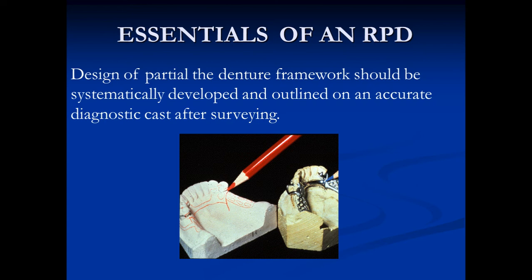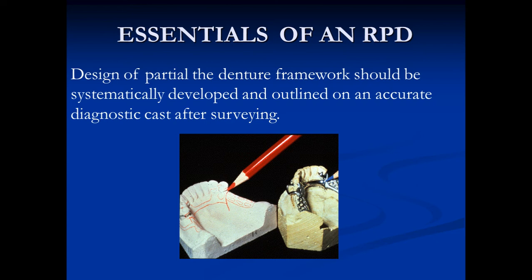We cannot do surveying or any of the modifications intraorally first itself. If a modification has to be done for the anatomy or contour of the tooth, or if it has to be given a crown, it always has to be designed first, and that design has to be carried